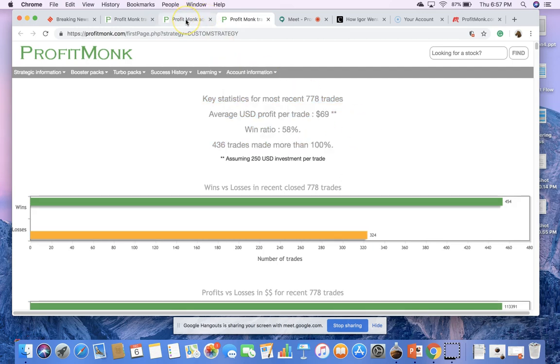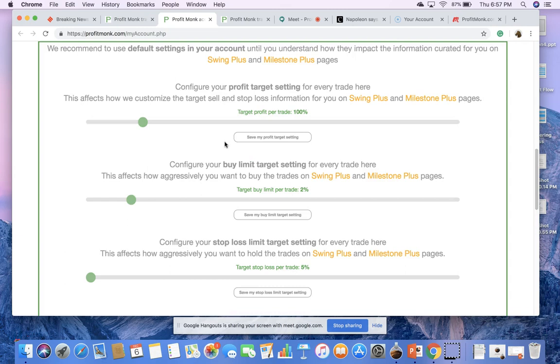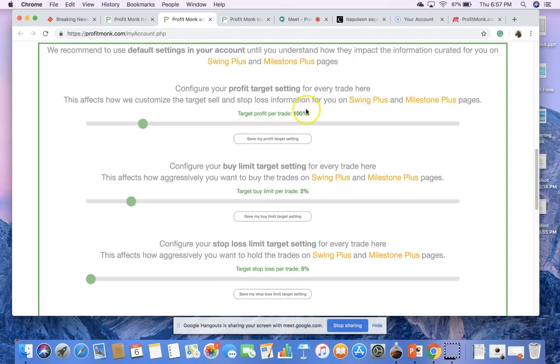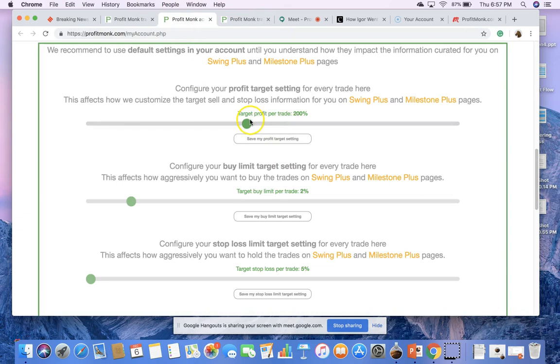So I just want to change a couple more things, and then hopefully we can be open to questions or close if there are no more questions. I want to play with one more setting here, the target profit per trade, because I never stop talking about this. This is a huge lever. If I change this to 200%, and remember when it was 100%, we'll keep this page open. This is $778.69 profit per trade with a win ratio of 58%. So I'm changing this to 200%,